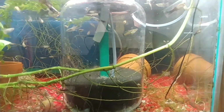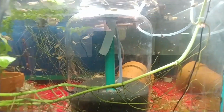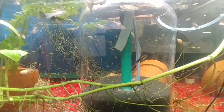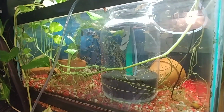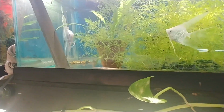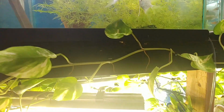And not just angelfish, any kind of fish that is going to lay eggs on kind of a hard surface, like a lot of your South American cichlids, like your pistogrammas or your blue rams, as well as the angelfish and even the electro blue acaras. But I find I use them a lot with angelfish just because a lot of your angelfish, like these guys, I think they've laid 2 or 3 times and they've eaten the eggs every time. So I pull the eggs now just to make sure that